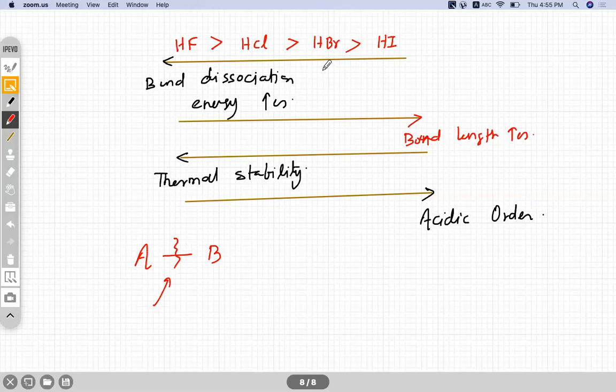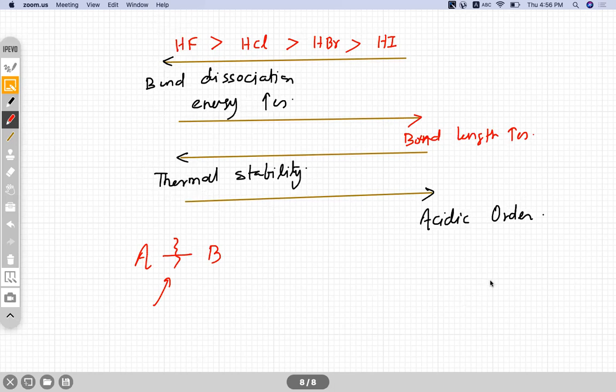So as the size increases, bond length increases. You see this. As the size increases, fluorine, chlorine, bromine, iodine, bond length increases, so bond dissociation energy decreases. So bond dissociation energy is maximum for HF. Bond dissociation energy is maximum, hence its thermal stability is maximum,